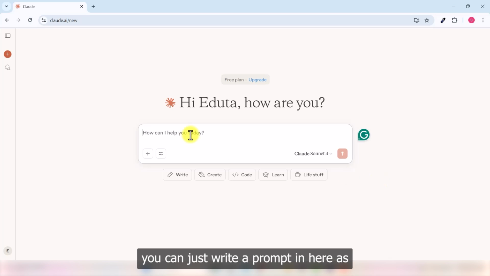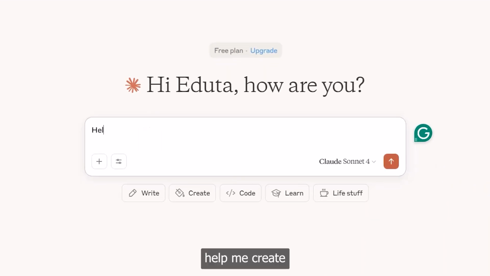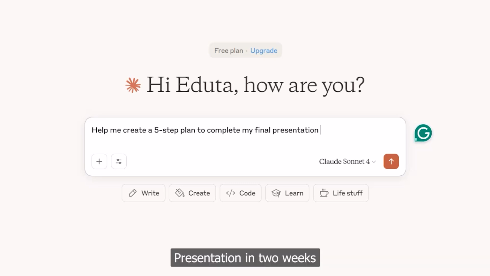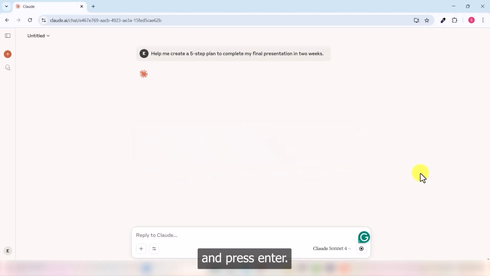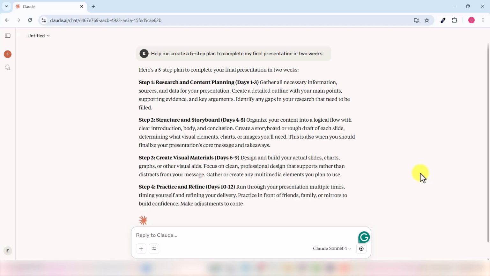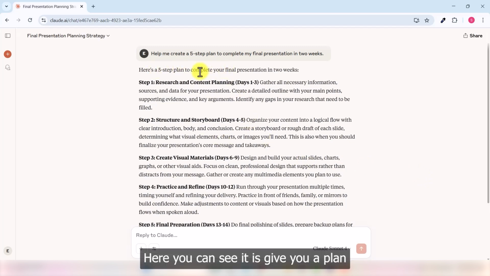For that, you can just write a prompt in here as help me create a 5-step plan to complete my final presentation in 2 weeks and press enter. Here you can see it just gave you a plan that you can implement to complete your final presentation in